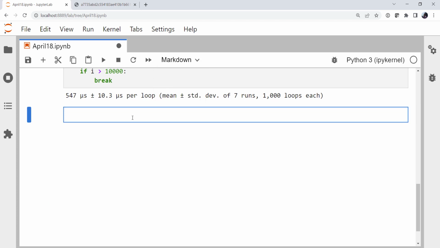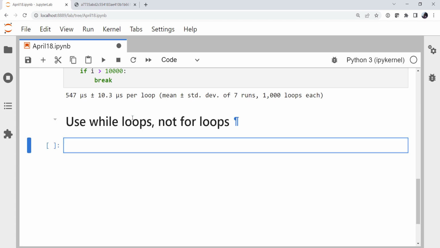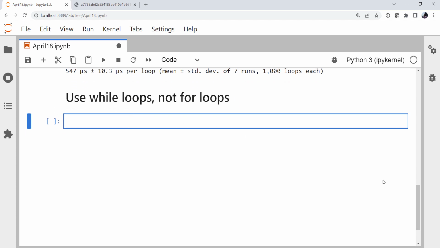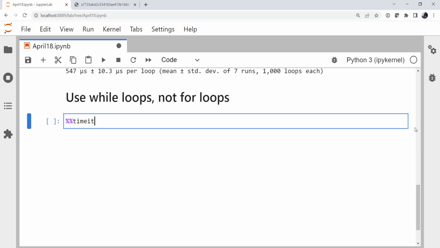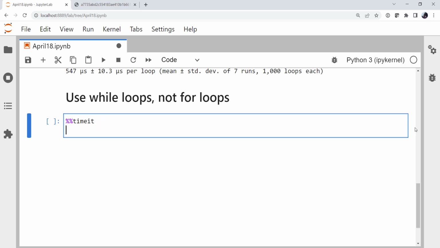All right, so while we're talking about loops, this next one is in the same vein, which is use while loops, not for loops. Again, I've heard this generally from other language programmers. Haven't heard this one as much as some of the others, but I've definitely heard it around. So the idea here is if I were to say something like